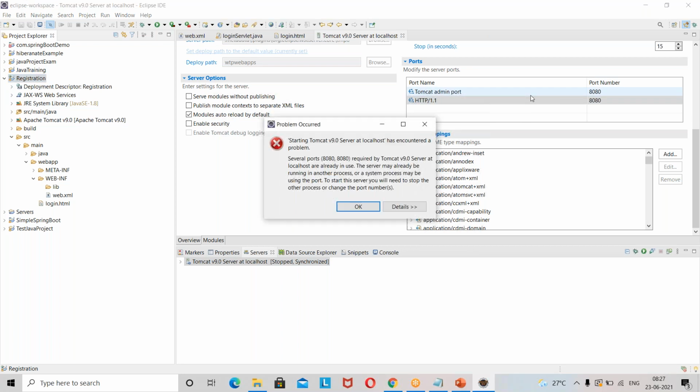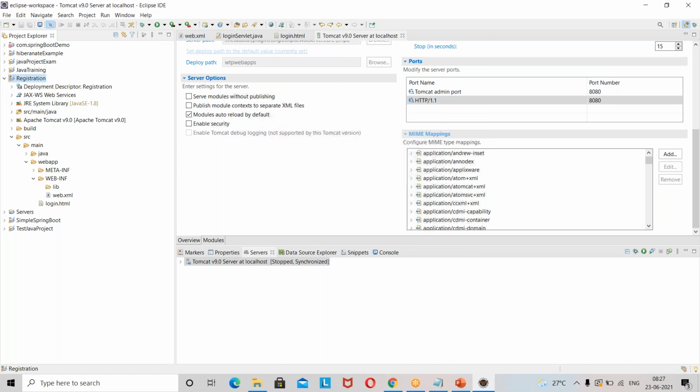So that's what I was thinking: why is that hyphen there? Oh, several, no, port 80 required by Tomcat is already used. The server may be running on the port. Okay, change the port number. So maybe try a different one.